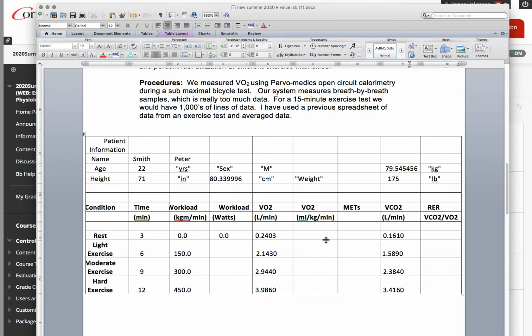You'll also convert. So you need to convert these liters of O2 per minute into milliliters of oxygen per kilogram body weight per minute. So in lab 1, you successfully did the conversion the opposite way, from mils per kg per minute to liters per minute. Now I'm asking you to go from liters into mils per kg per minute. So you know that 1 liter is equal to 1,000 milliliters,